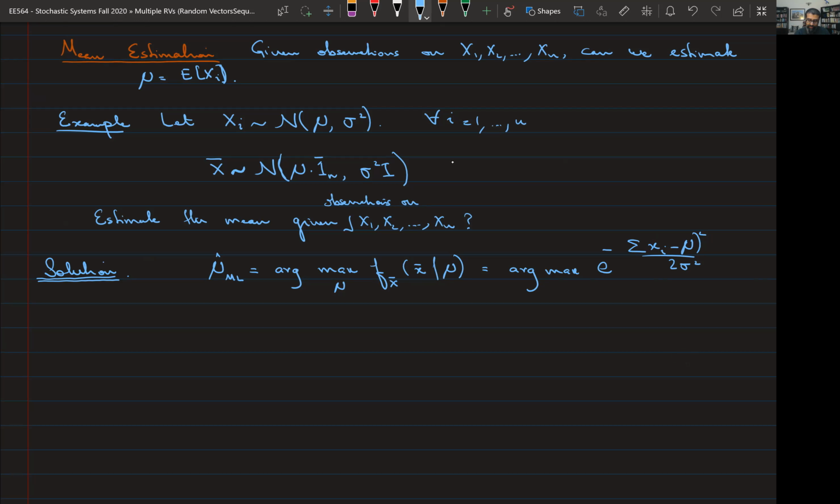What was its solution? You need to optimize this over mu, and this is exactly the same optimization problem that we did in the temperature sensing problem. And it turns out that this is equal to 1 upon n summation i equals 1 to n xi. This is called the sample mean,